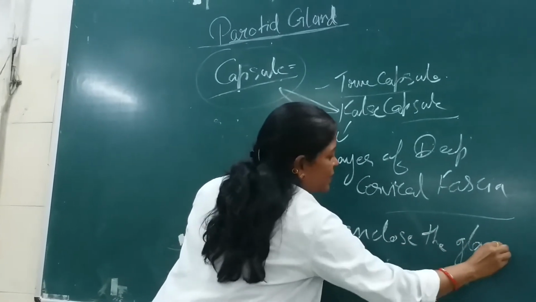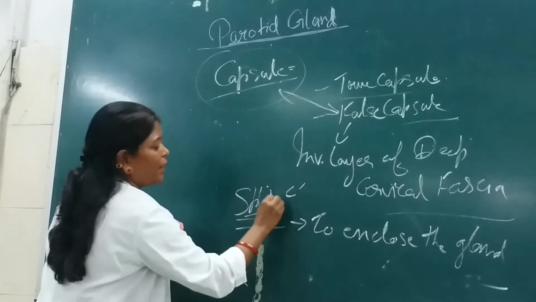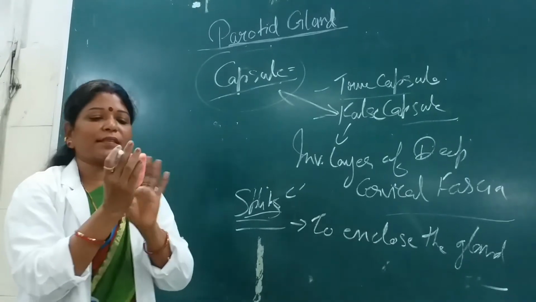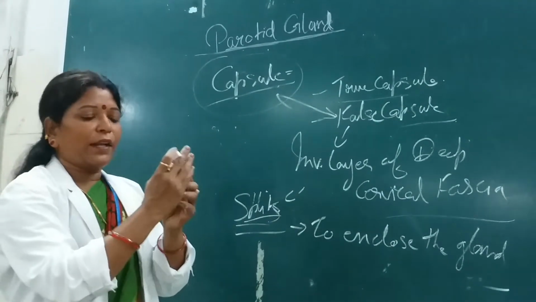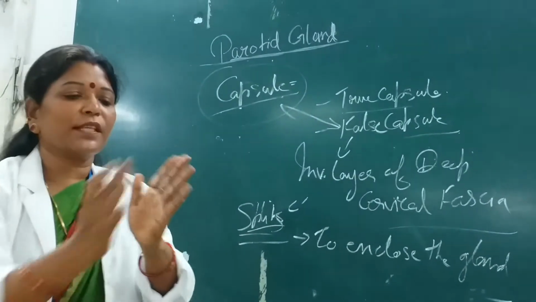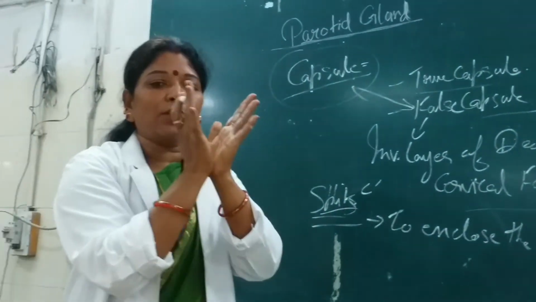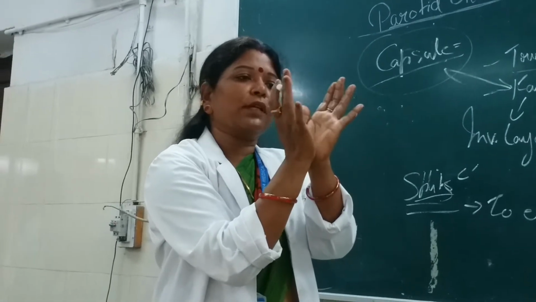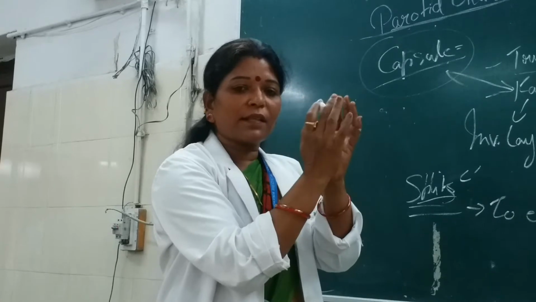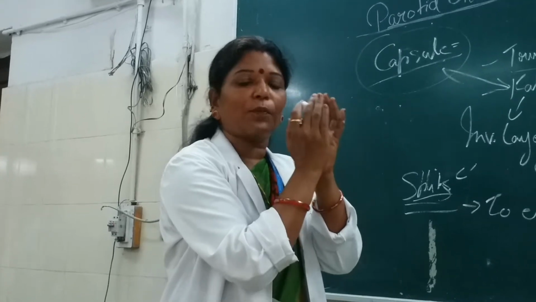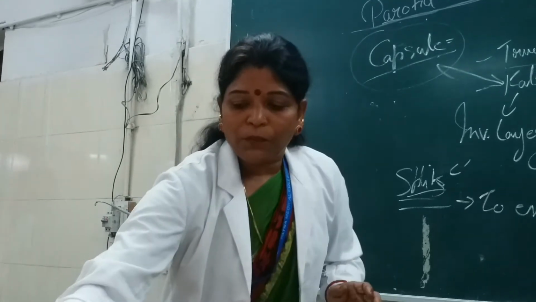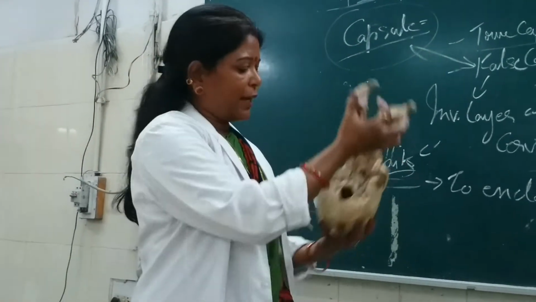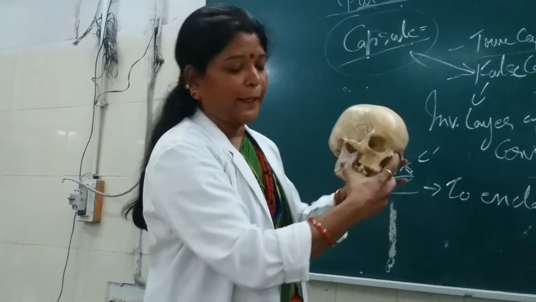So once this fascia is splitting, it is divided into a superficial lamina as well as a deep lamina, isn't it? Whenever anything splits, suppose this is the fascia, when it splits into two laminae, this is the superficial and this is the deep lamina, and both enclose the parotid gland, and this is the derivative of the investing layer of the deep cervical fascia. Now first of all, do you know the site where this investing layer of the deep cervical fascia is splitting? Look here.